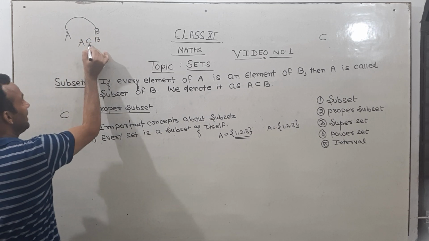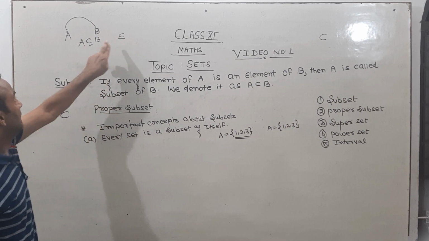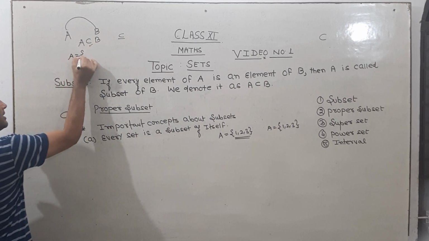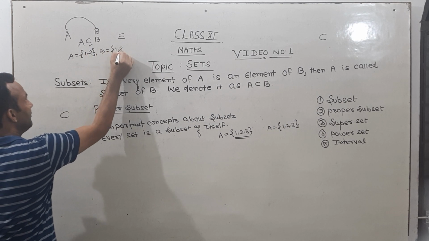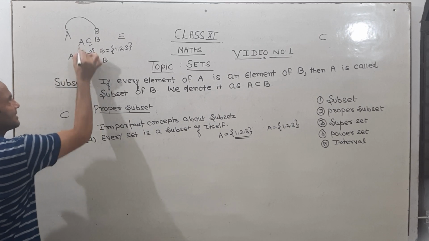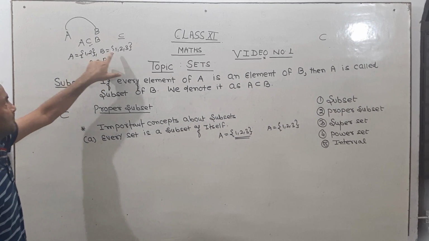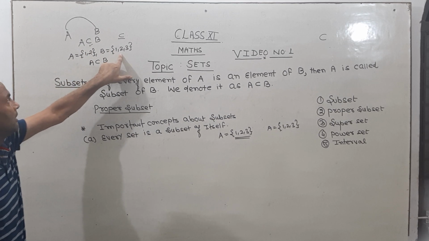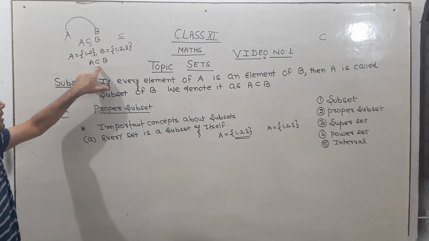लेकिन इसमें एक इंपॉर्टेंट बात क्या है? एक सिंबल तो आप ये पढ़ रहे हैं और एक सिंबल ये पढ़ रहे हैं. ये सिंबल मैं कब यूज कर रहा हूं कि जब मैंने एग्जांपल लिया A is equal to 1, 2 और B is equal to मैंने ले लिया मान लीजिए 1, 2, 3. Then you can say that A is the subset of B, but B is not the subset of A. A is the subset of B because all the elements of set A are present in set B. But all the elements of set B are not present in set A. That's why we have to use this symbol.